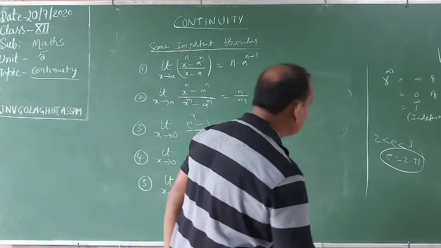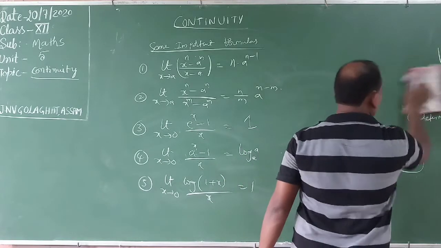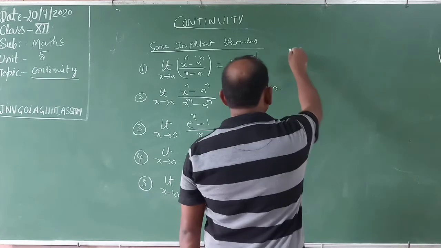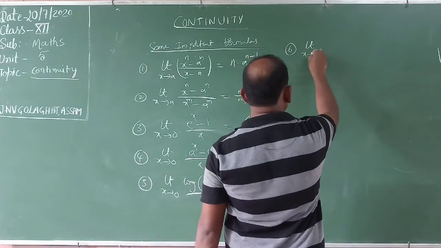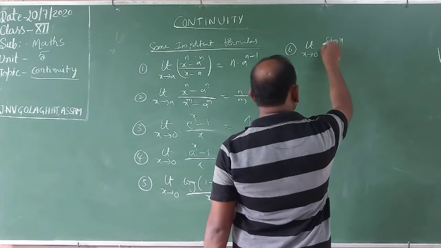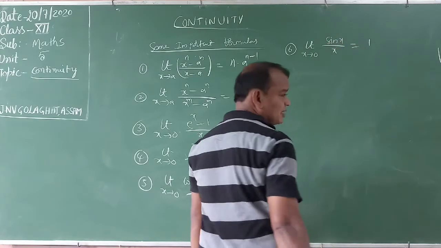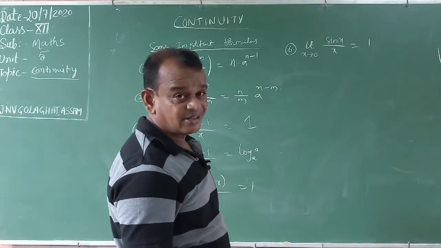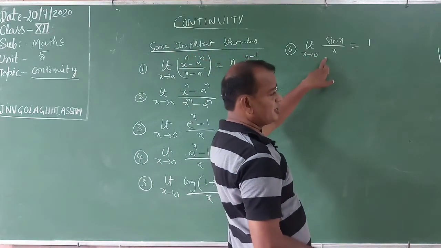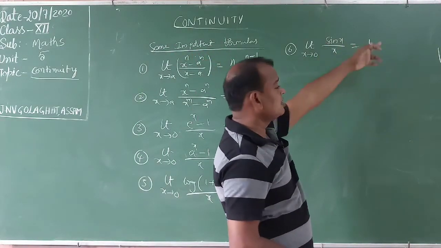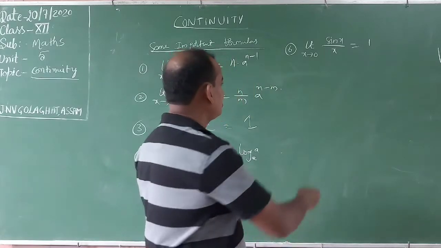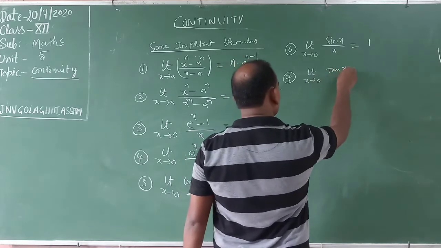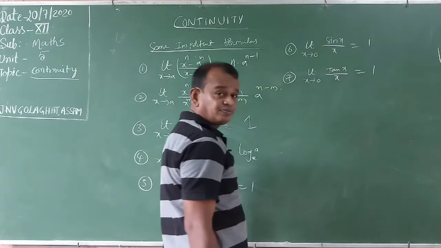You know very well. Each and every student knows the formulas, I think. Now sixth one, limit x tends to 0, sin x by x. Sin x by x is 1. After that, so many applications are there. Limit ax tends to 0, multiplied with x is a, ax tends to a into 0, 0. Sin ax by x, that answer is a. Okay, understand or not? Now seventh one, limit x tends to 0, tan x by x is equal to how much? 1.